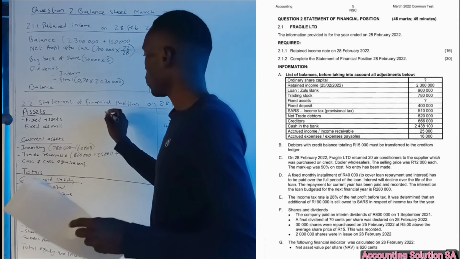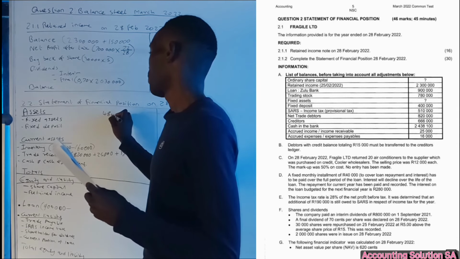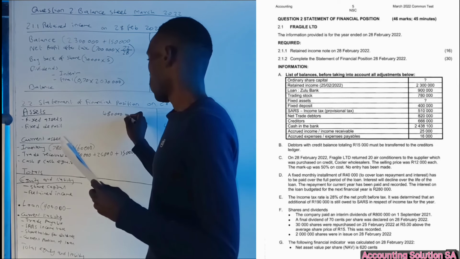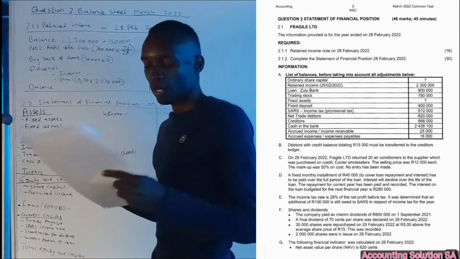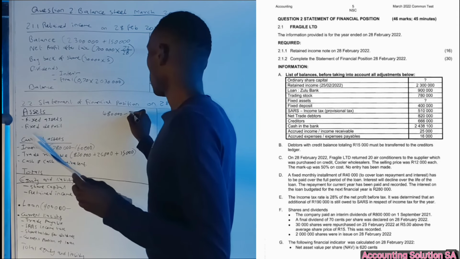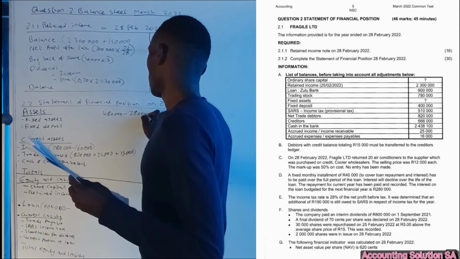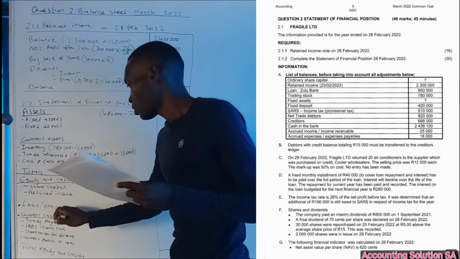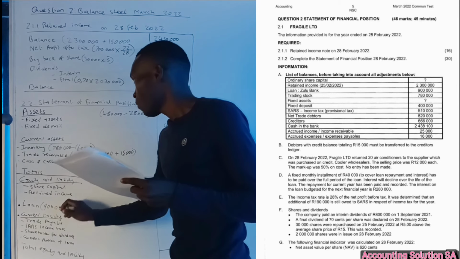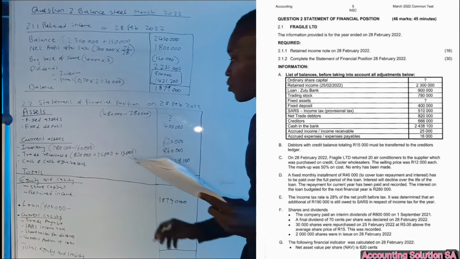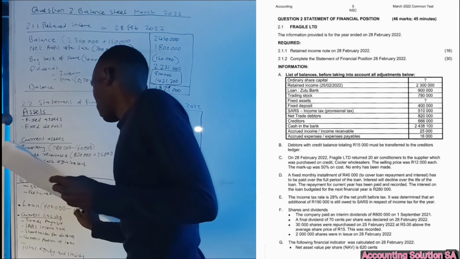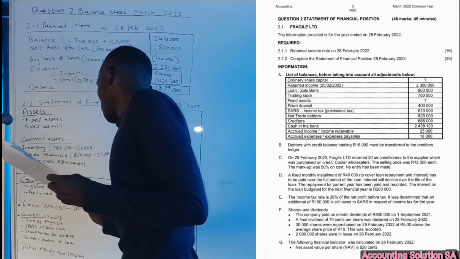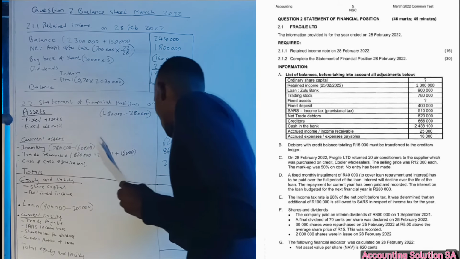From the answer that we got of 480,000, we have to subtract what? 280,000 for the next financial year. If you subtract it, it is going to give you 200,000. Then we're left with